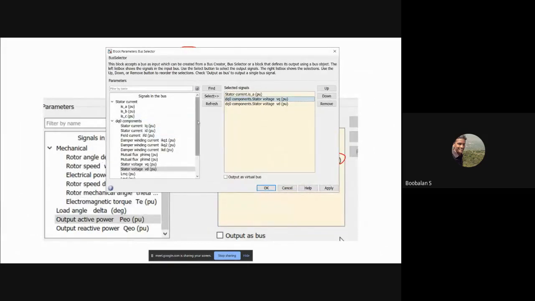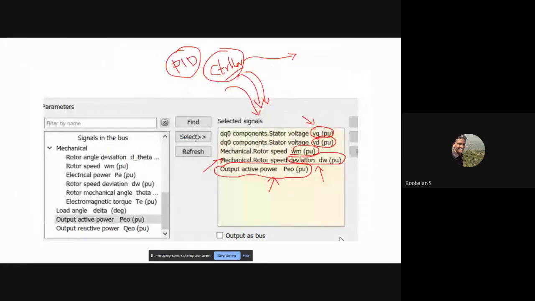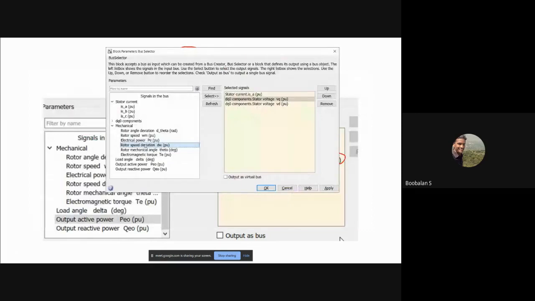If you just want to measure a stator current, so I'm going to measure with field current. This is the important thing. And I'm going to go with the mechanical, that is called mechanical rotation speed. Let's see, rotor speed or mechanical rotor speed we need. Selected it. Mechanical rotor speed is now coming. Rotor speed deviation is also needed. Select this block. And finally, we need the load angle.